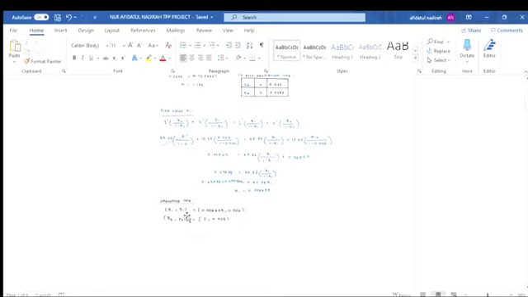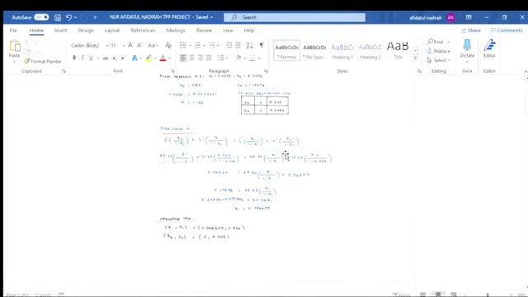So y1, x2, and y2 are already given in the question, which are 0.026, 0, and 0.005. But the value of x1 is not stated in the question. So in order to find x1, we have to use the mass. We have to use the overall material balance, which is L prime times x2 divided by 1 minus x2